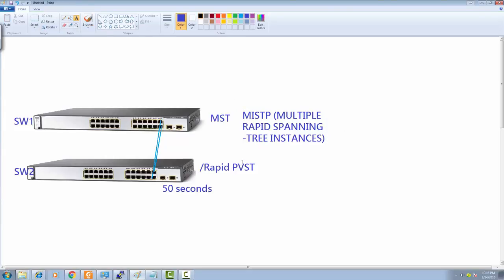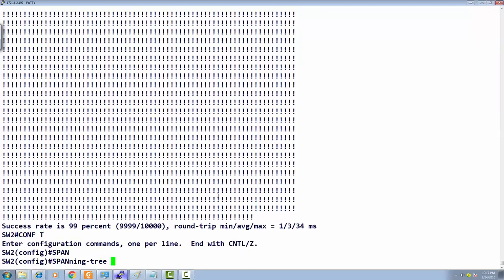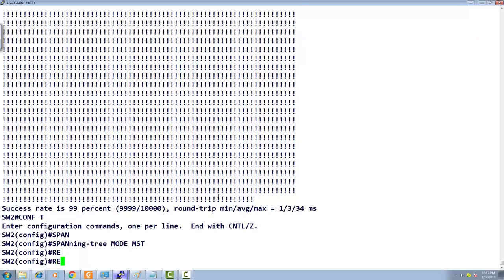A couple of things that we need to notice here. One thing is I did not put VLAN 1 or any other VLAN into any instance. If you do not put any VLAN into any instance in MST, it becomes part of MST0. MST0 is backward compatible with any other per VLAN spanning tree or any other spanning tree that you have here. Now the question comes: what if I put it into an instance here? I really want to do a separate video on that, but just because we are here,